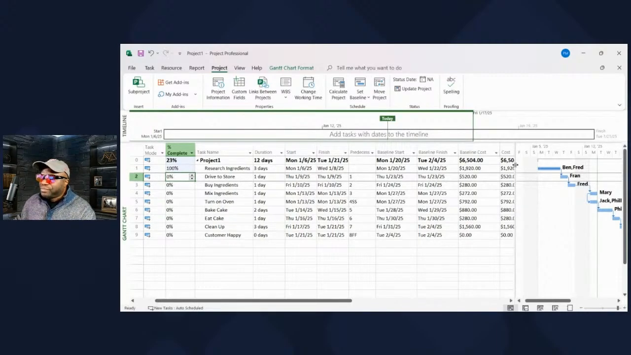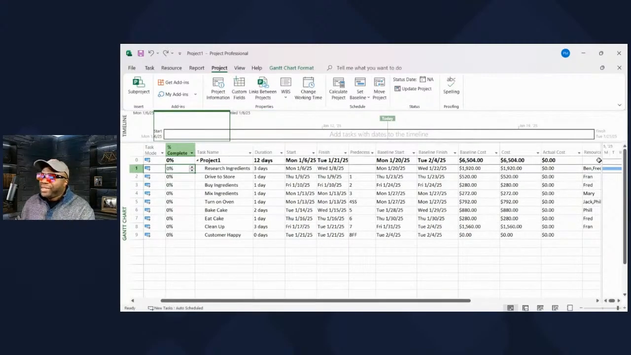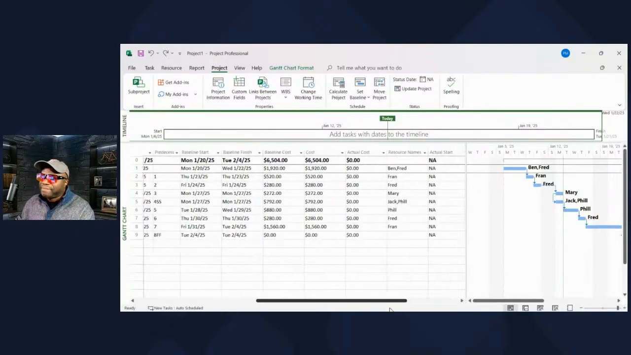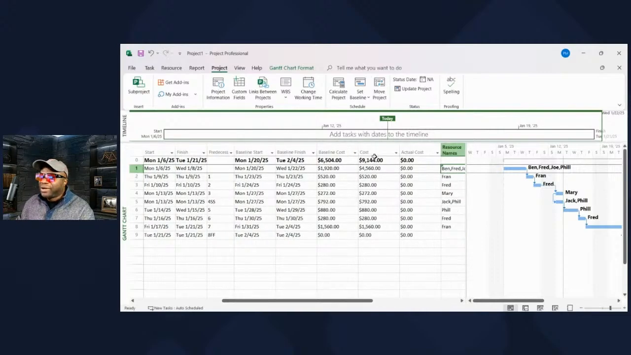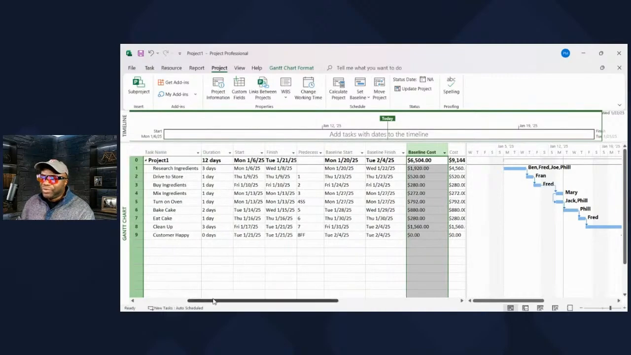Now, assuming, let me undo that. Okay. Assuming somewhere along the way, a team member decided, oh, that was a wrong estimate. We actually need more people on this task. So we add more people, hit enter. I want you to take a look. The projected cost is now way more than the baseline. See? So even if you made that change for one reason or another,